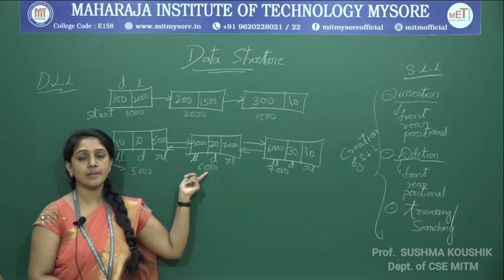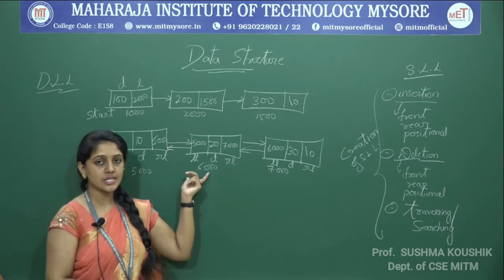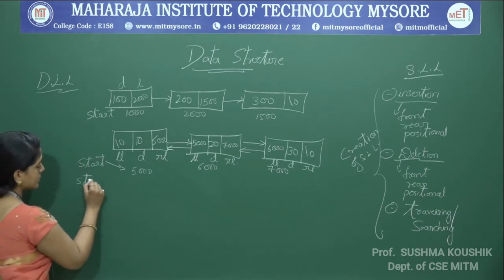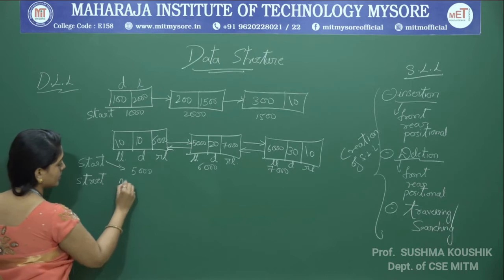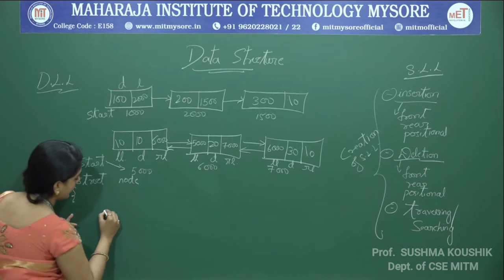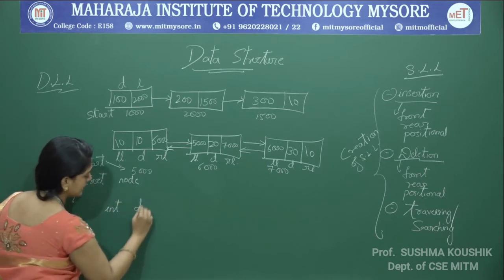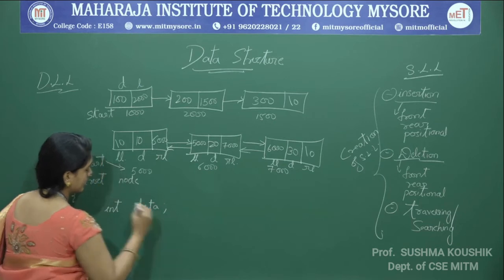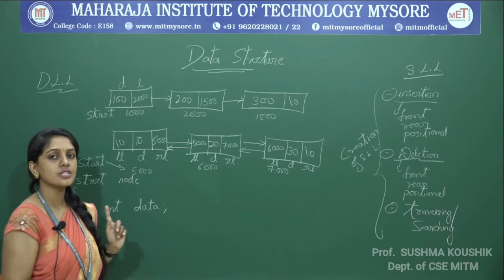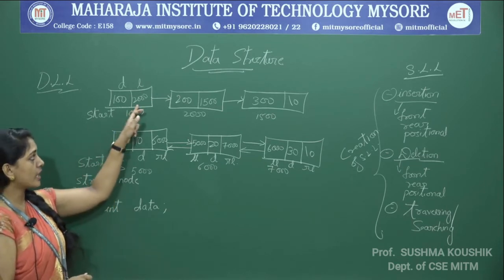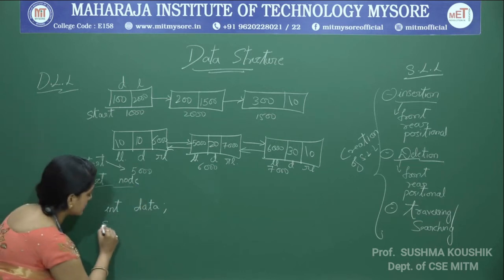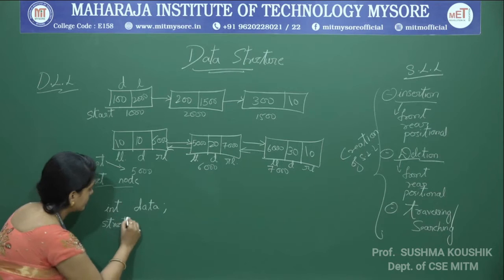Now, how will the memory representation happen, how to write a structure? In the case of singly linked list, we wrote something like this: struct node. It had one data part, and if it is integer, we call it int data. And next we had a pointer, and we know that this is a self-referential structure. Hence, this pointer we declared in the type of the structure itself, so it is struct node,